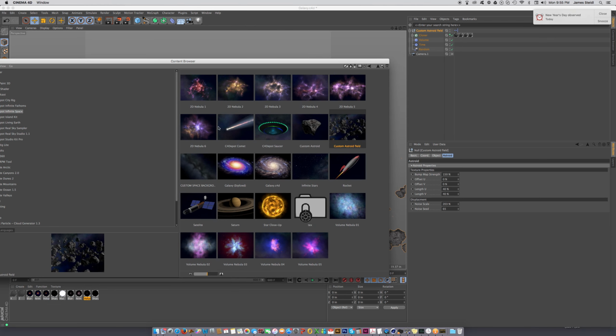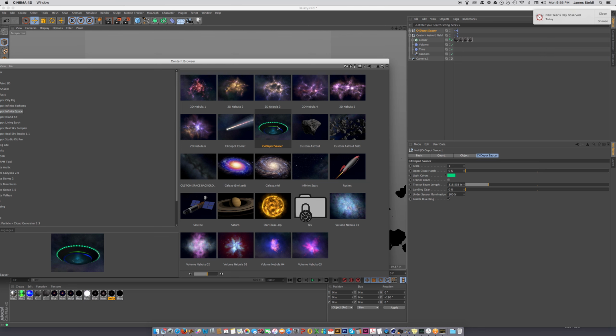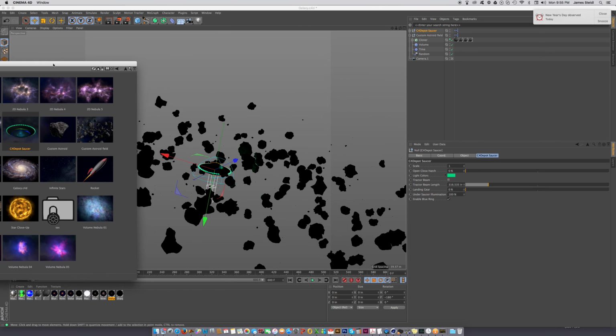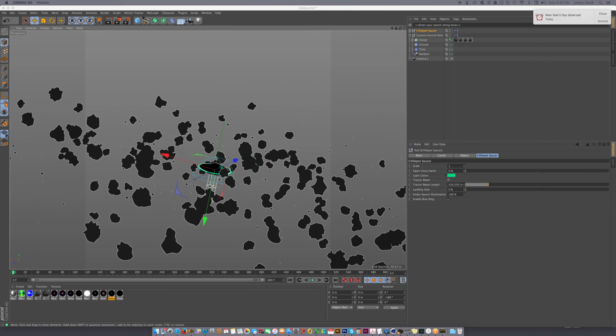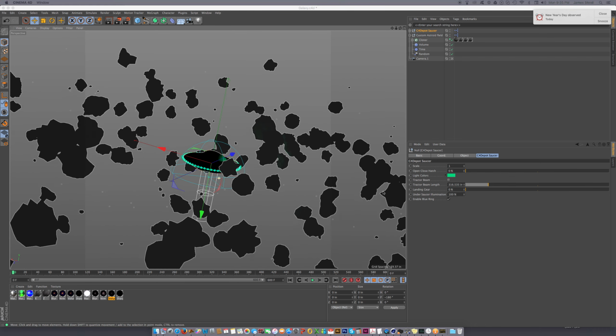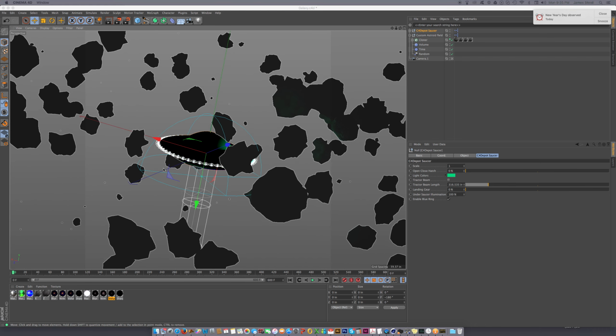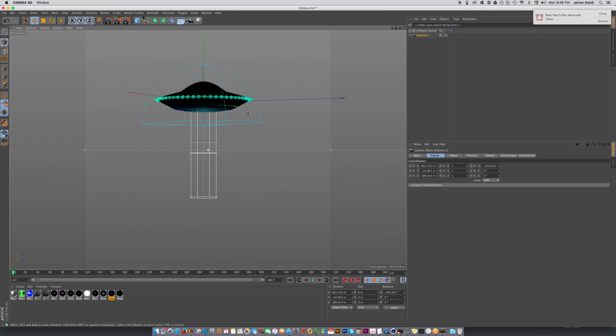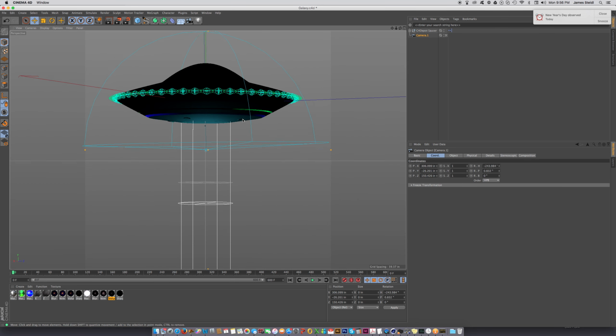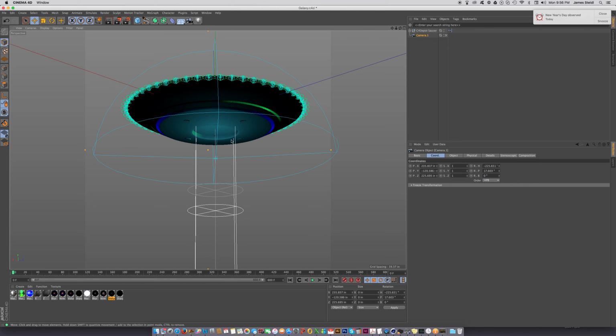And then we have some planets. We've got, I don't know why I just clicked on this flying saucer, but everybody needs to make a fake YouTube video with a UFO in it, right? And I love this UFO primarily because I built it, but yeah, it's got these really nifty lights on